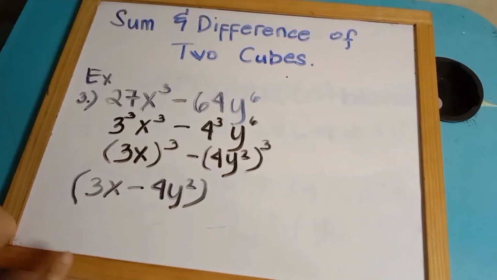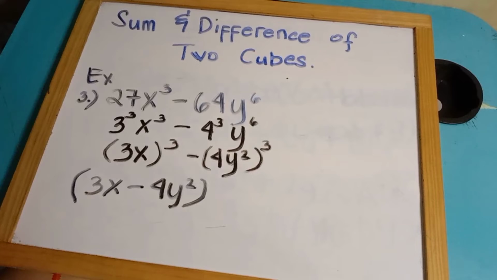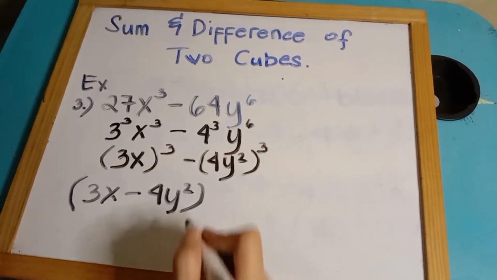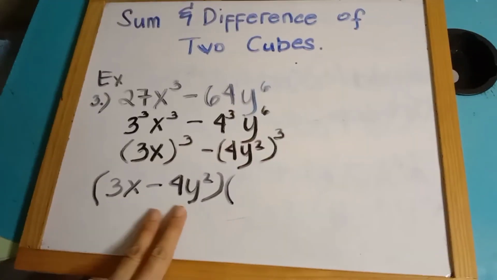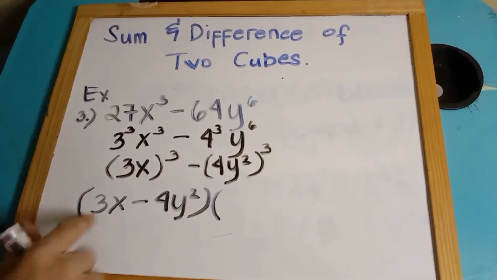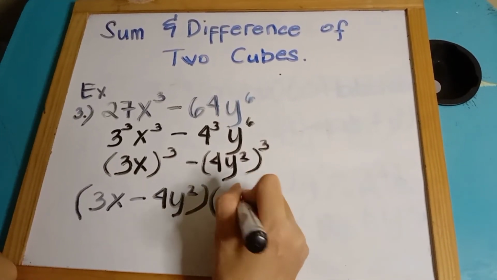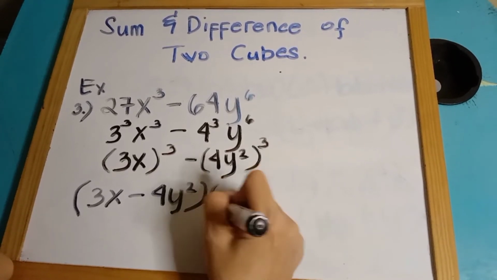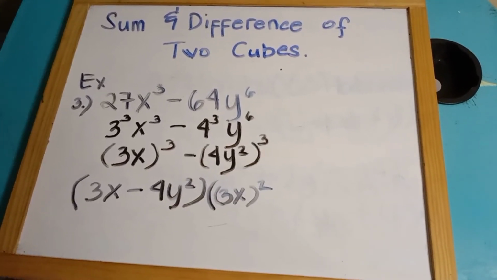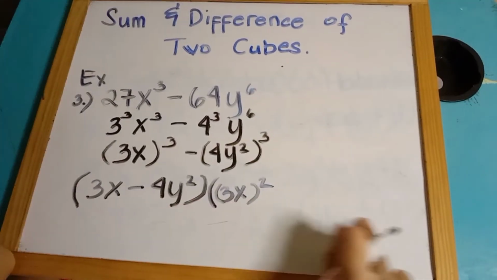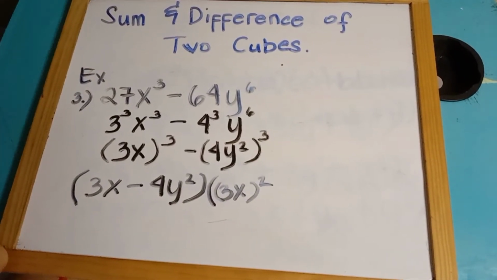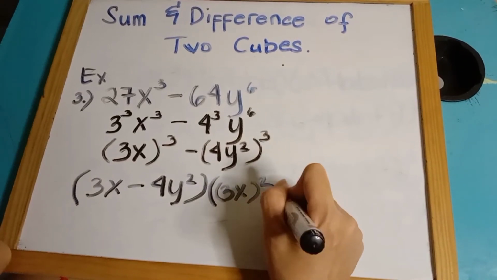So, this is now our first factor. And for our second factor, dito na tayo titingin ulit. So, square the first term, 3x squared. Ano yung sign natin kapag difference? So, lahat ng sign dito sa ating second factor is positive. So, plus